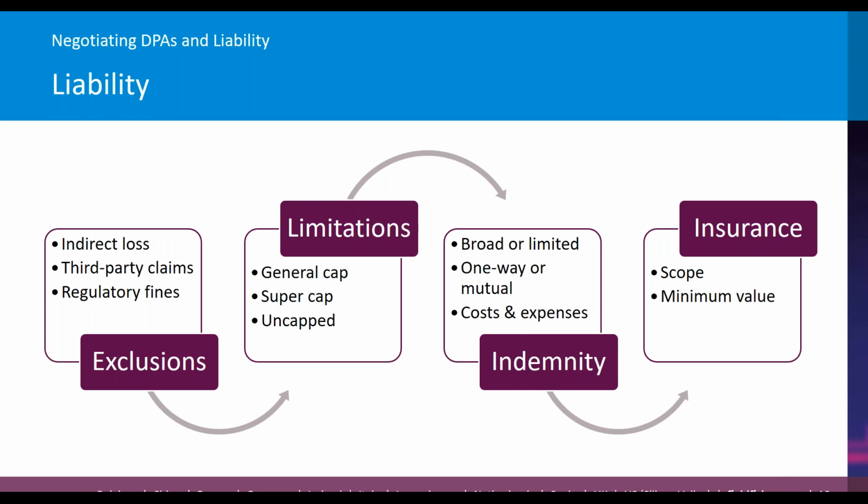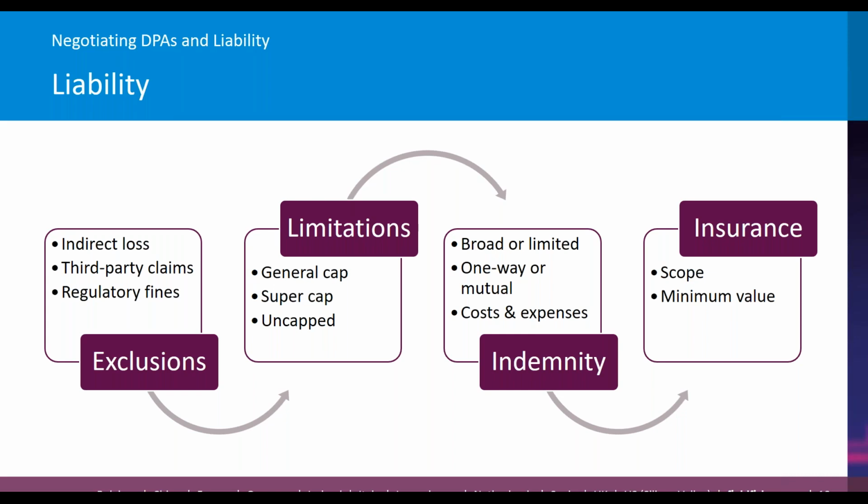So an example might be, it's very common that a vendor will limit their liability to 12 months' fees, so the value equivalent to 12 months' fees paid by you. And in some cases, you'll look at the contract value and say, well, it's not enough. That doesn't reflect the level of risk considering the sensitivity of the data you're processing. And therefore, we're going to have to increase that limitation.